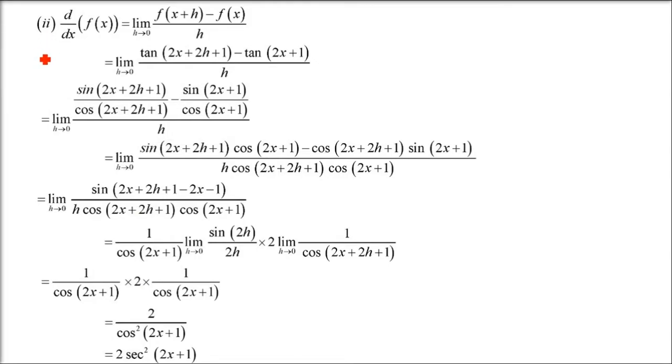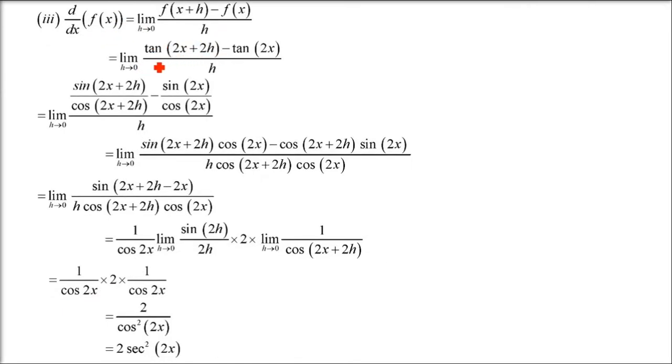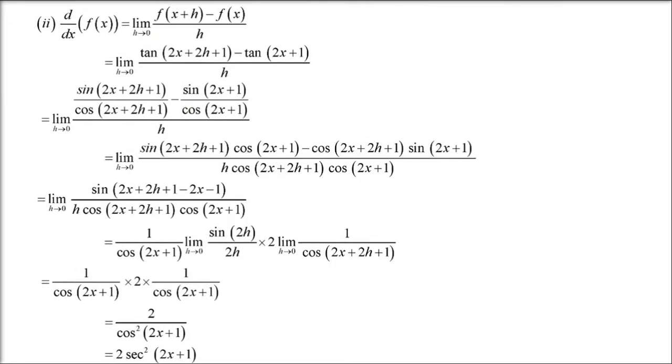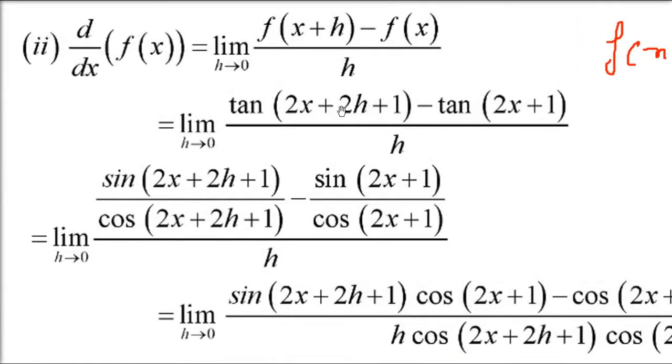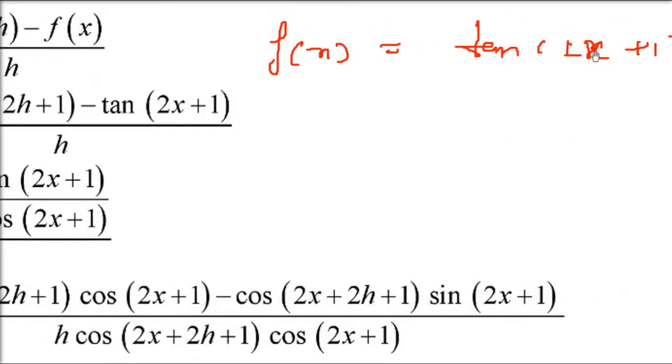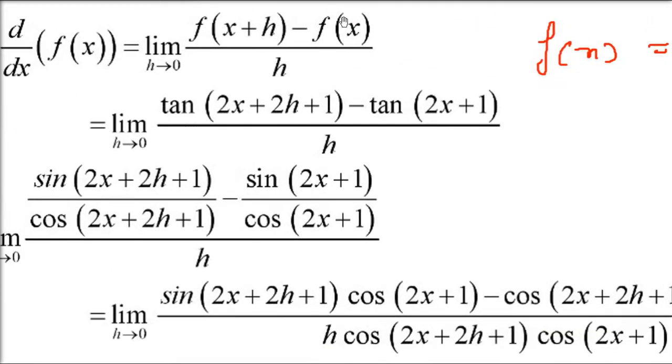Now this is tan(2x+1). Please remember, this question and the next coming question will be exactly similar. This question, tan 2x and tan(2x+1), will be exactly similar, right? So what do we do? Okay, f(x+h) minus f(x) by h. So tan(2x+1) is what is given to us. So wherever x is there, put x plus h, and this will remain the same.